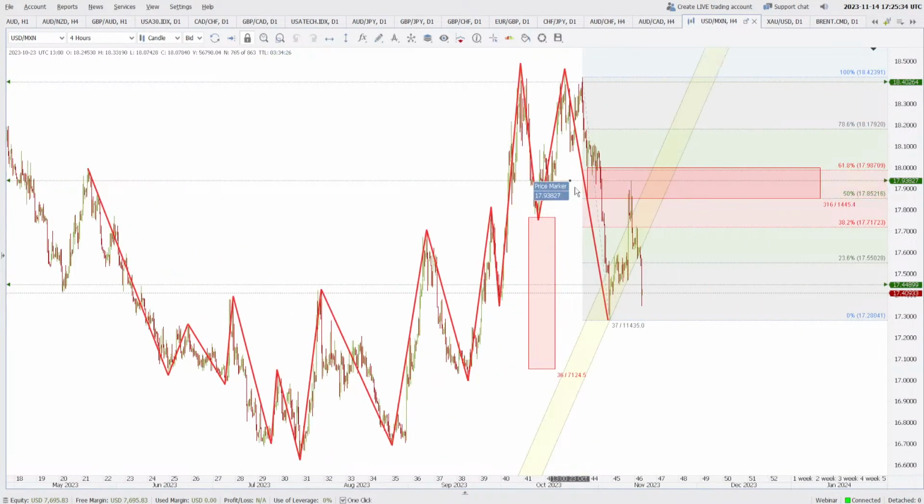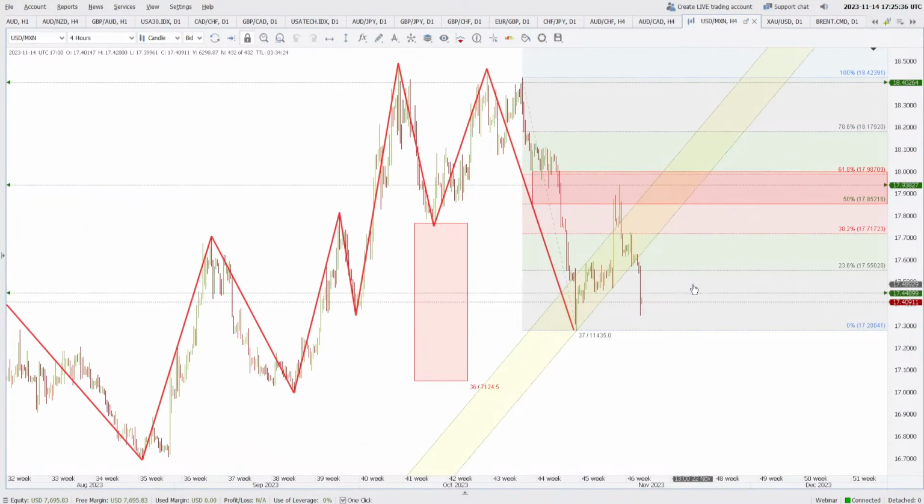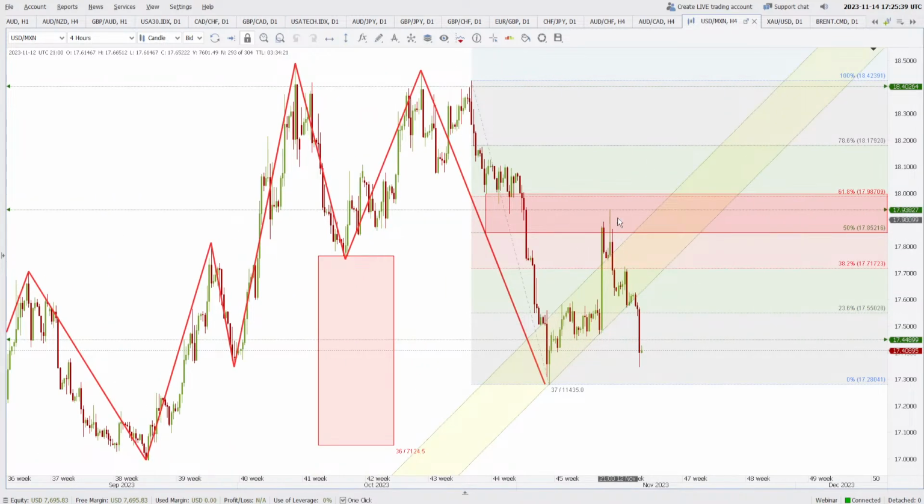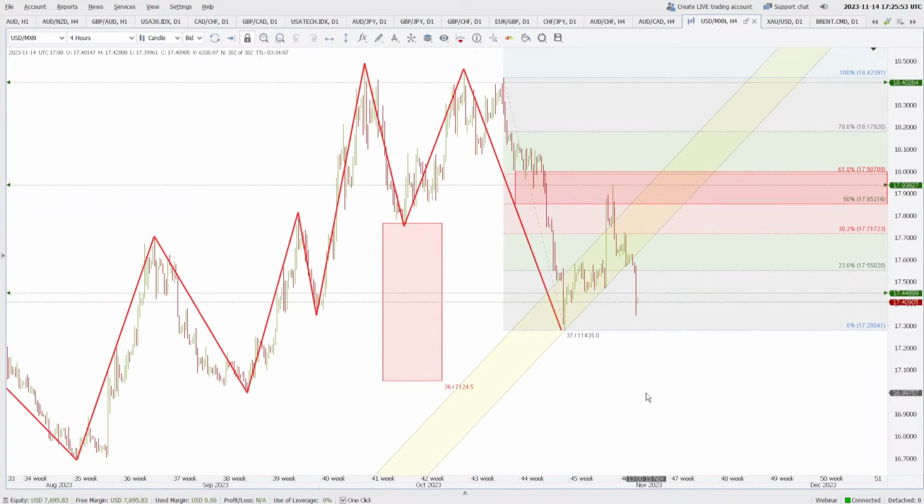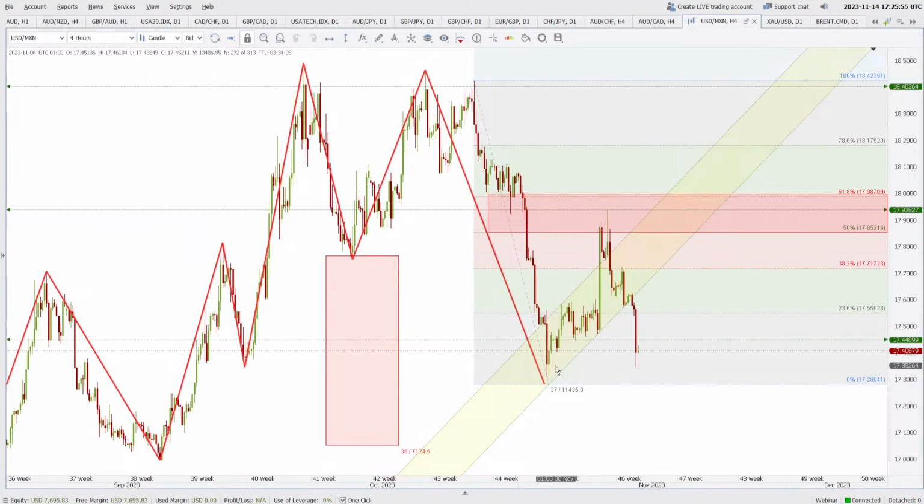USD MXN, we are sellers in this market. I think I have explained this to you, that 50% is taken, and thereafter the price started selling off. So this is when the sellers are ready to put the orders in the market, and now they have pushed the prices back close to the opening of this candle, and now I think they will even go beyond this